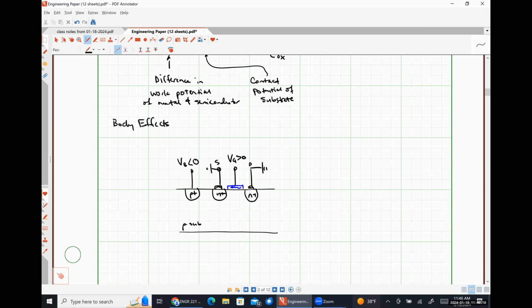So if we have a larger depletion region, we have more charge stored in our depletion region. And effectively, it's going to make it harder for us to move minority carriers into the channel region. So what we're going to see is that our threshold voltage winds up becoming larger, because it's harder to make strong inversion occur. Okay. Mathematically,